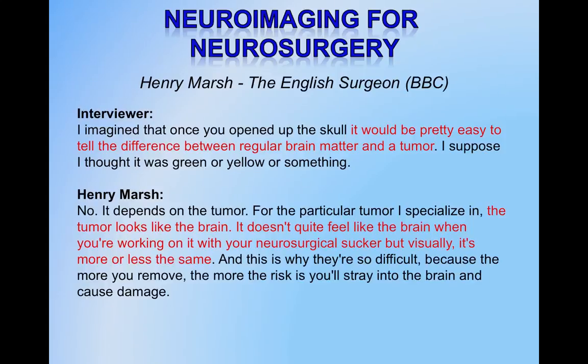So it makes it really difficult to differentiate it from normal brain tissue. And the way that they can do it, best of all, is by using the neurosurgical sucker. So effectively, when they're cutting out the tissue, they're sucking it out with the sucker. And they push into it, and they can feel that it has a different texture, more or less, or different pressure feeling to it with the sucker. So this is the best way in certain cases that they can actually identify where the brain tumour is compared